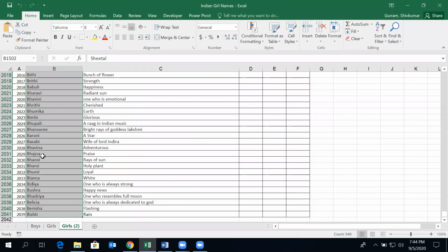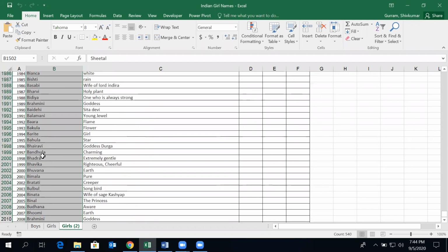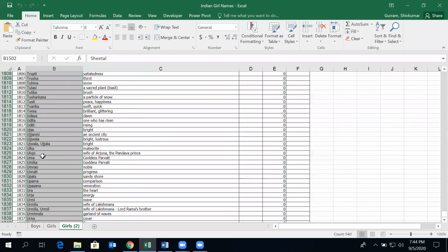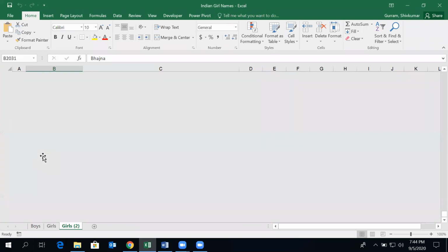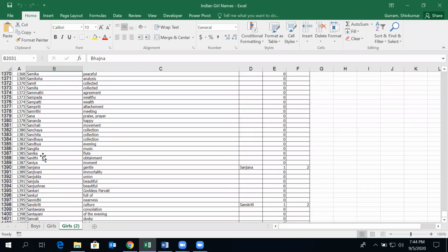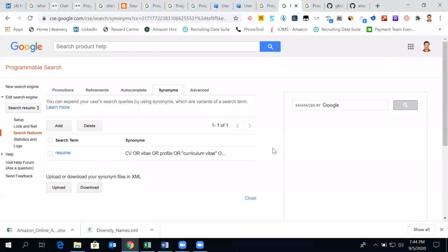If you see here, from various sites I've scraped data of 2000 plus female names. And we have created an interesting project where we were able to map 90,000 plus profiles of software engineers all over India. So I'll explore this soon with the public also, but I need another way to present it.